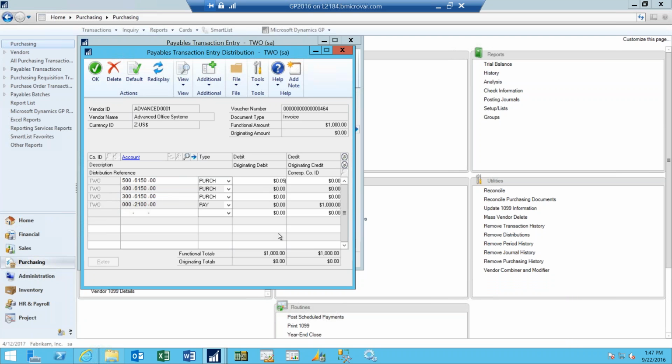So I could change this to 500 and then fill in the balance of 250 on this one and 250 on this one. I'll validate that my debits and my credits total each other and then click OK,